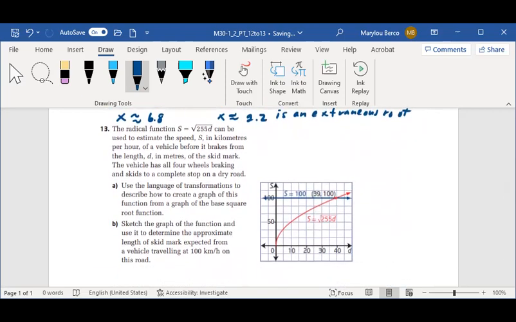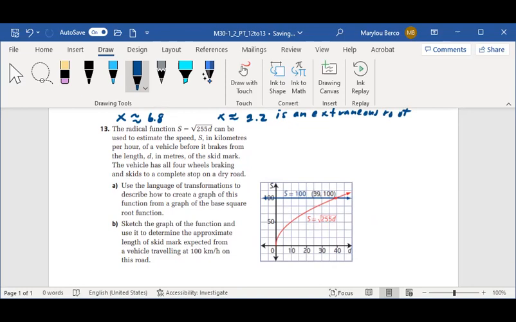The radical function s equals root 255d can be used to estimate speed s in kilometers per hour of a vehicle before it brakes from the length d in meters of the skid mark. The vehicle has all four wheels braking and skids to a complete stop on a dry road. Use the language of transformations to describe how to create a graph of this function from a graph of the base square root function. Okay, well,